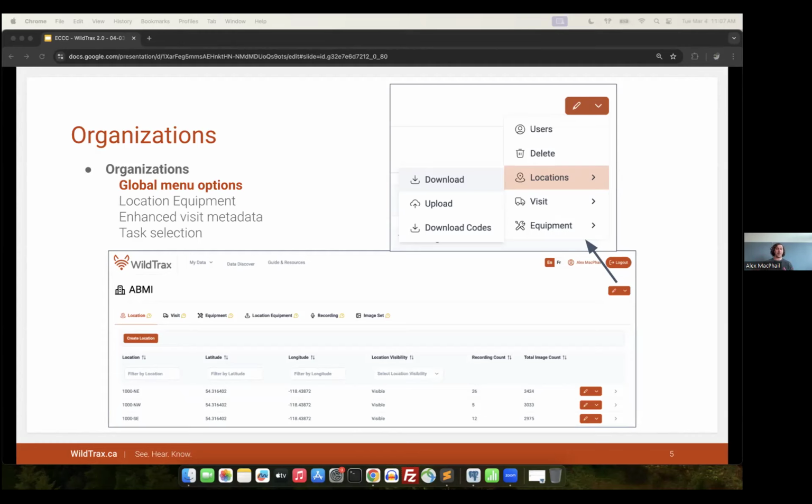This is helping to enhance the user experience to provide some more seamless workflows, so you can do things like sync locations at the organization dashboard rather than having to actually enter an organization specifically to do that task, which is the way you see it now in the production site. As we are developing that, again, we'll have different tools and features available at both the project and organization levels that will be specific to those tasks within the system.